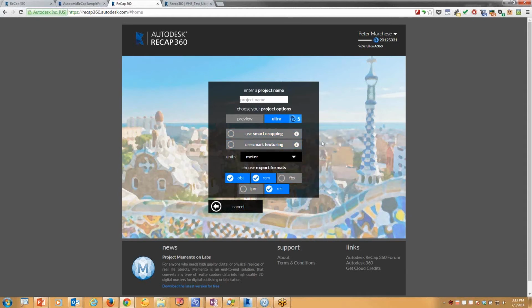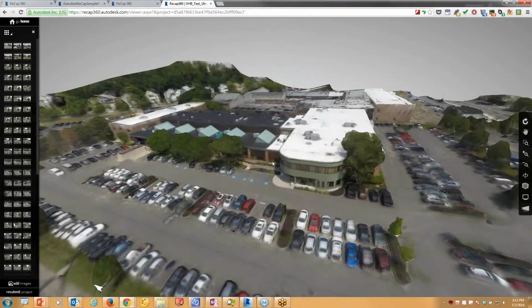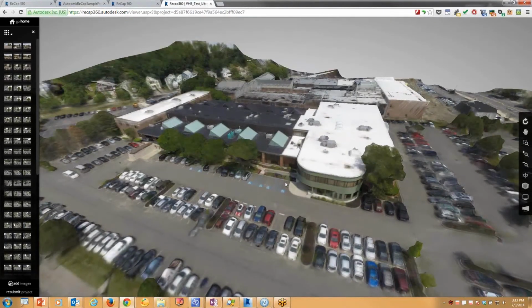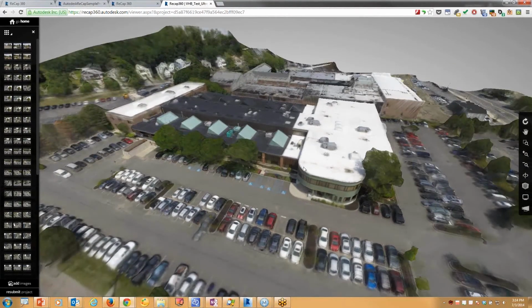What I'm looking at online is a mesh of a project that we scanned using a quadcopter. It was about 4 minutes in the air, flew around, took a bunch of photos, and we uploaded it. When you look at it online, it limits it to about 200,000 triangles. It doesn't look too bad, but the benefit is I also have the ability to look at this back in ReCap